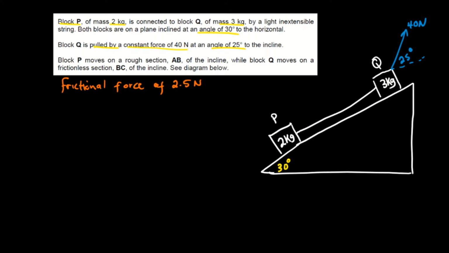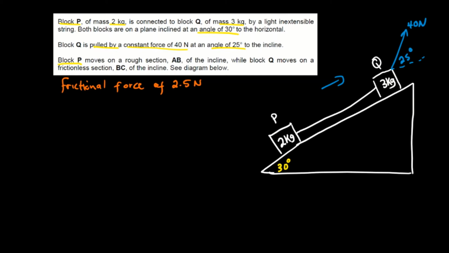So now we know that the objects are moving upwards. So now block P moves on a rough section AB